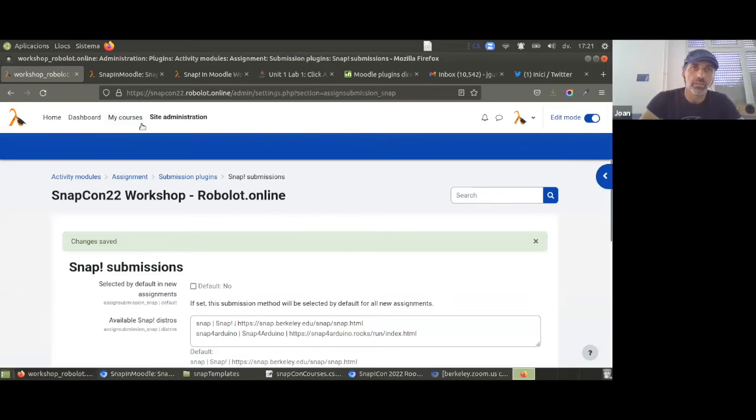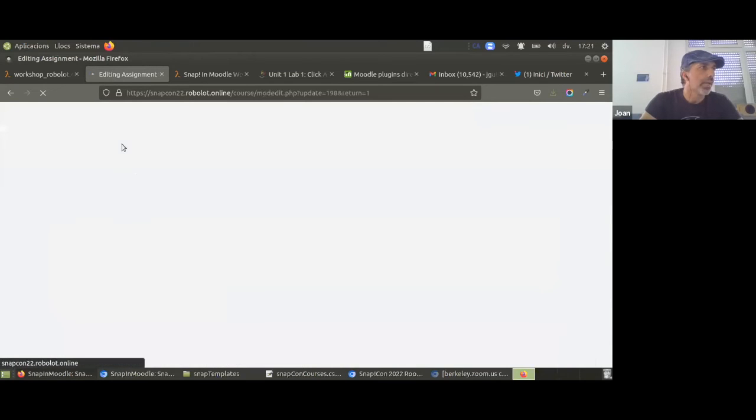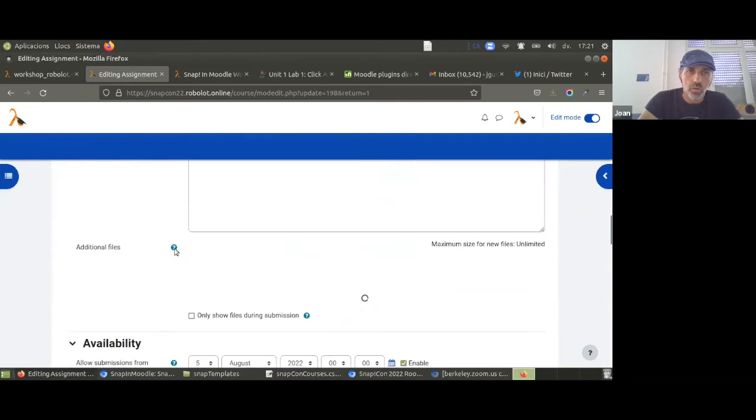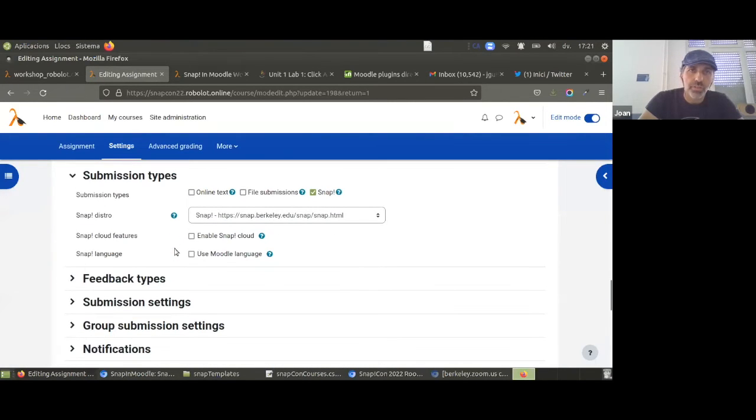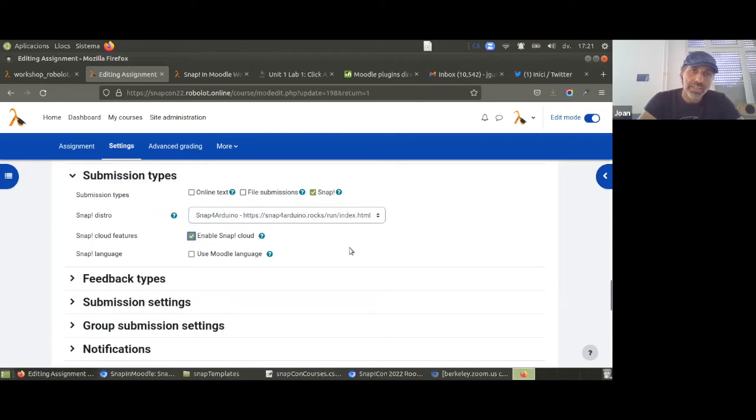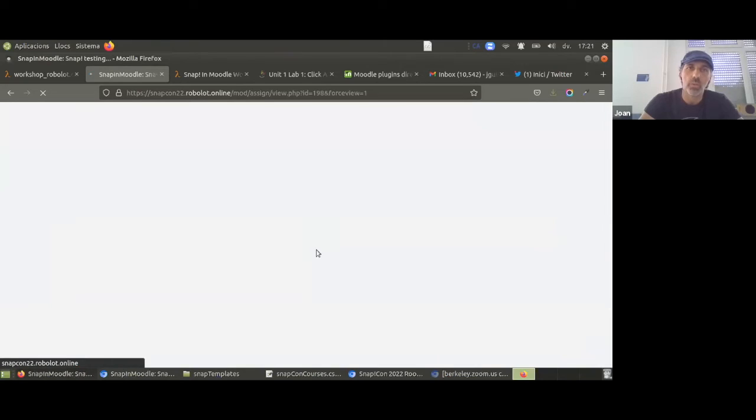Okay, that's all. Then teachers, when creating new activities, or when editing previous activities, can change the distro. We have Snap or Snap for Arduino. For example, to test, I change to Snap for Arduino. I can now enable the Snap Cloud features, and I test the other option. They use the Moodle language as the Snap language. Save the new options